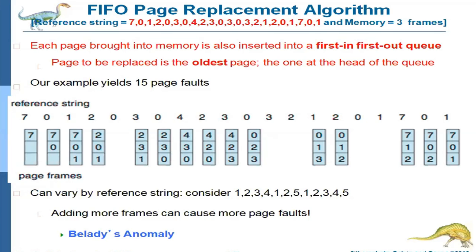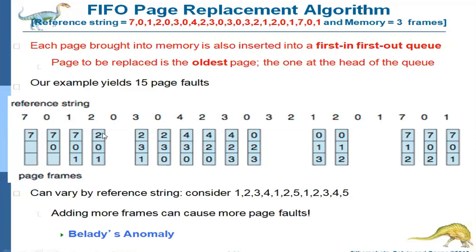Yes, ma'am. The next page is 0. So 0 is already in memory. That means page hit. Whatever page is demanded by the CPU, it is demanding page 0, and that page is in main memory. So there is a page hit. Here the empty place indicates a page hit, because page 0 is available in main memory.